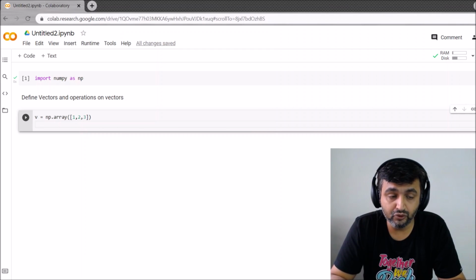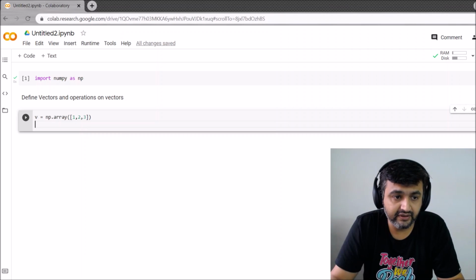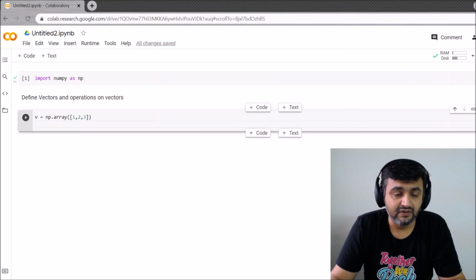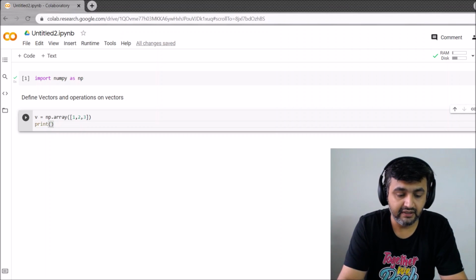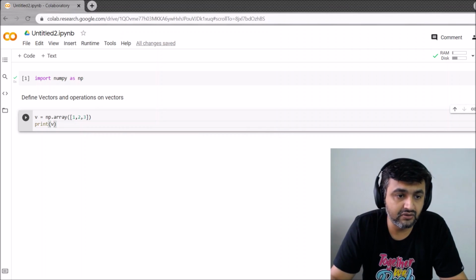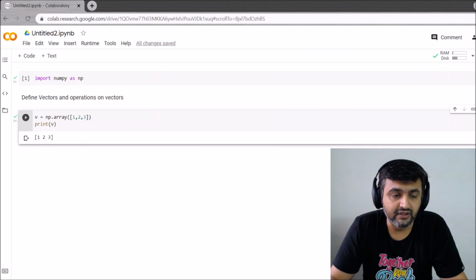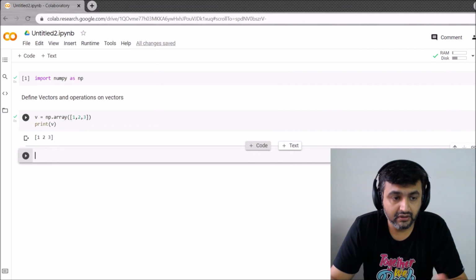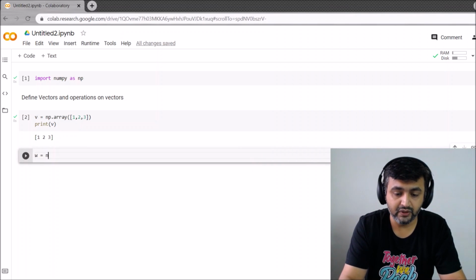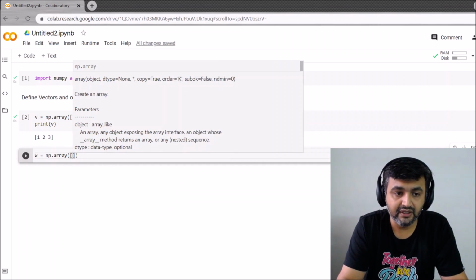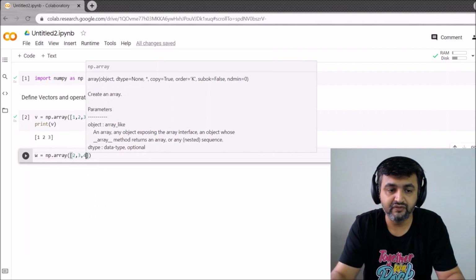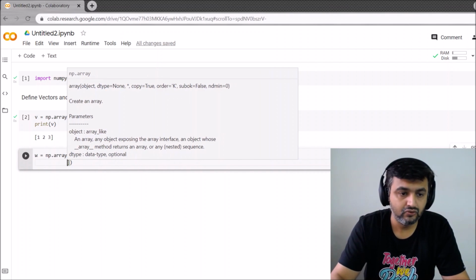It's not running, right? If you want to make it run, you will press control enter, or you can click this triangle over here. Okay, now once I have this vector v, I will write print(v), and then I can click on this arrow. So see, it's running over here, and you will get the output as 1 2 3. Okay, if you want to give one more vector, let me call it w equal to np.array. So that's the command. Open the square bracket, say 2, 3, 4, and then enter.